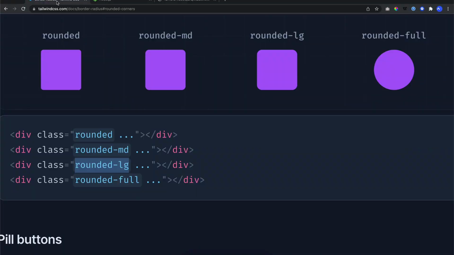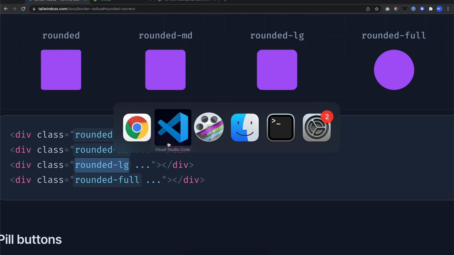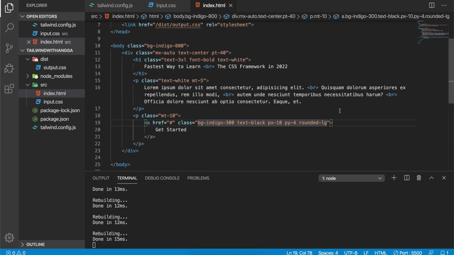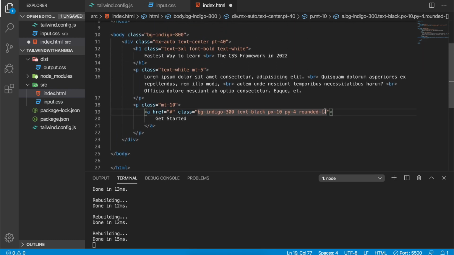But then if you don't know the actual pixel value that you're going to use in this rounded, you can use the arbitrary value. So just use this, and then you can write here, maybe you're going to need 50 pixels.